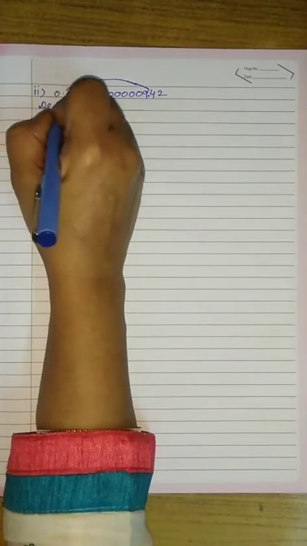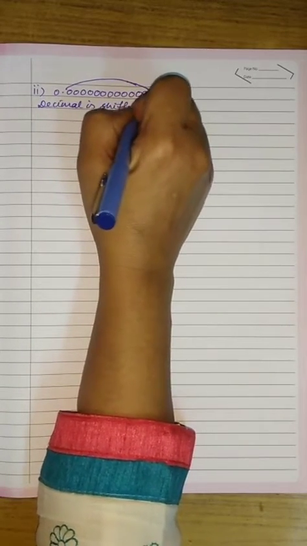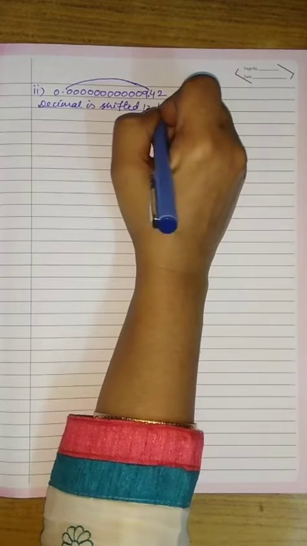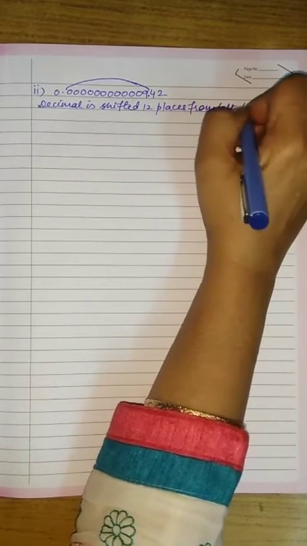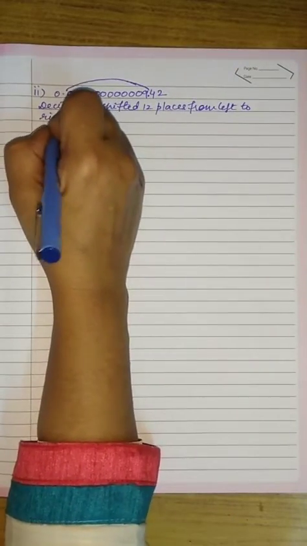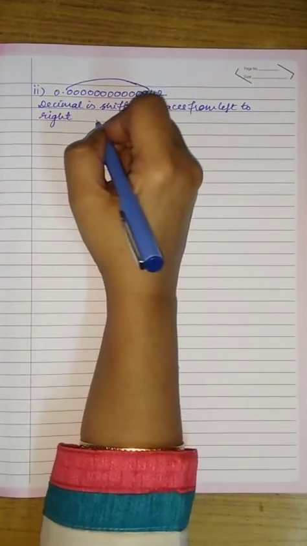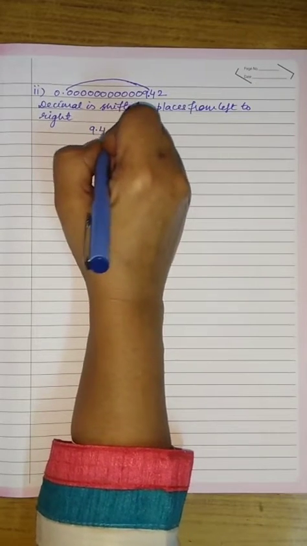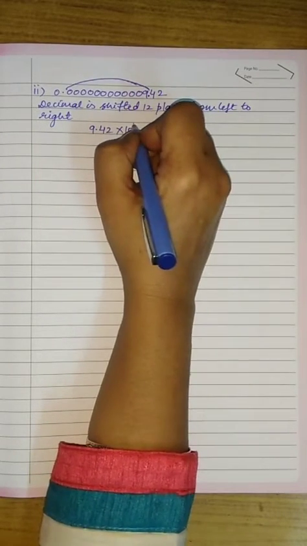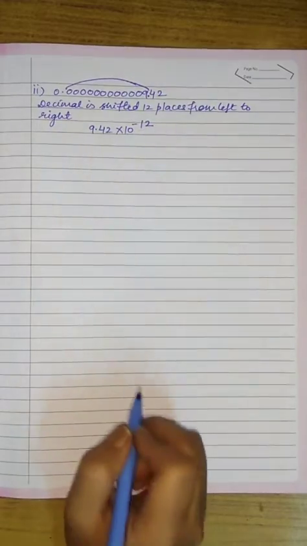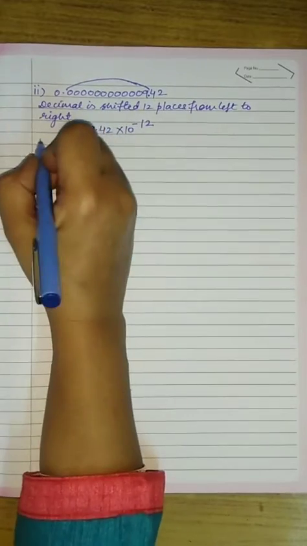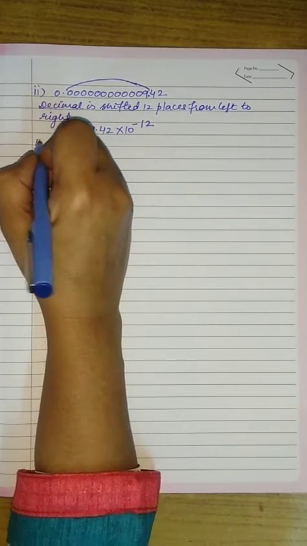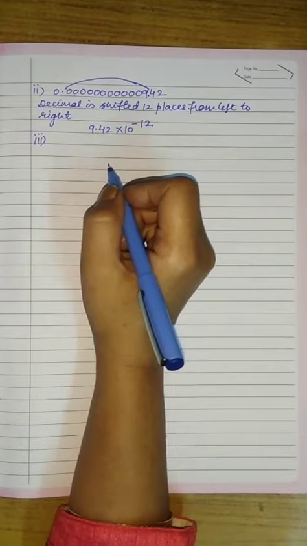So we will write decimal is shifted 12 places from, again the move is left to right. So I got my answer 9.42 into 10 raised to power minus 12, because the decimal is shifted from left to right. Now the third part of this question, the number is